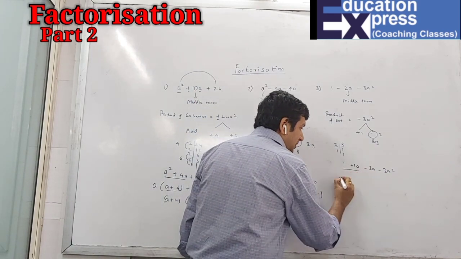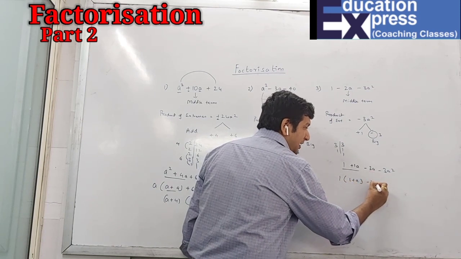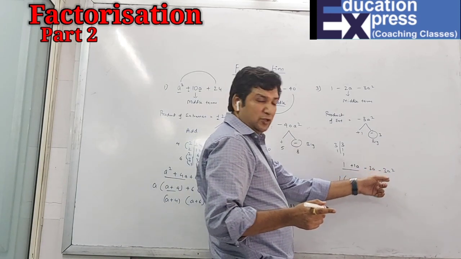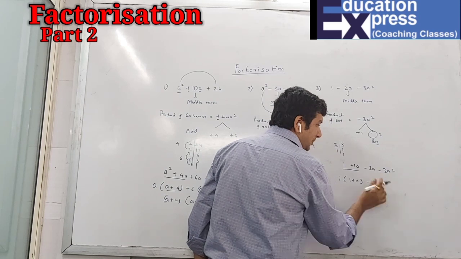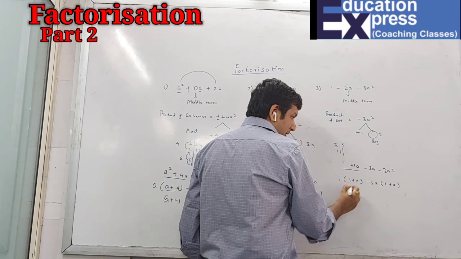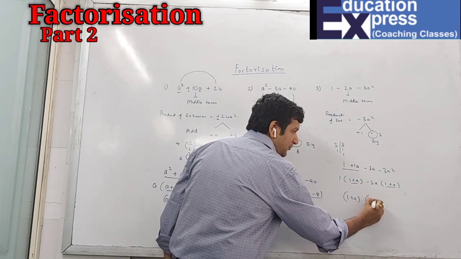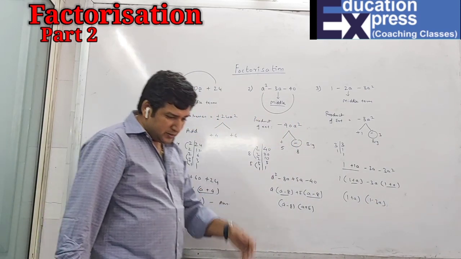So now what is common? Nothing. 1. So 1 plus a. Here minus 3 and then a. Students, I have told you earlier also, when you take negative as common, both the signs will change. This minus will become plus and this minus also will become plus. Minus 3 is out, 1 plus a and 1 plus a again is same. Then left is 1 minus 3a is the answer. So this is how we'll be doing all the sums.